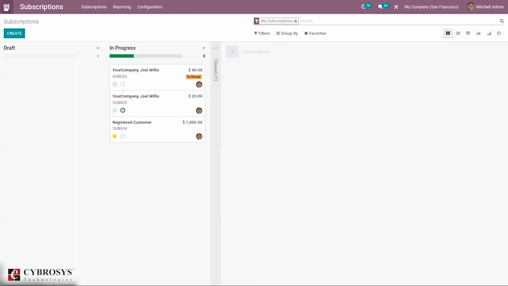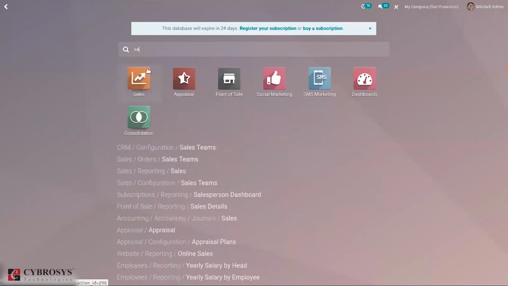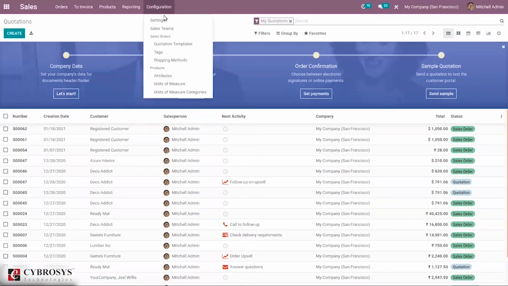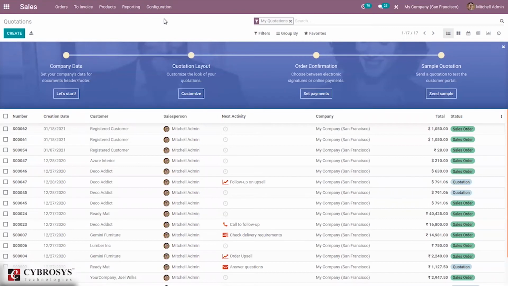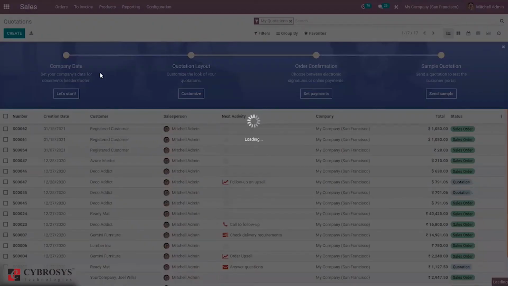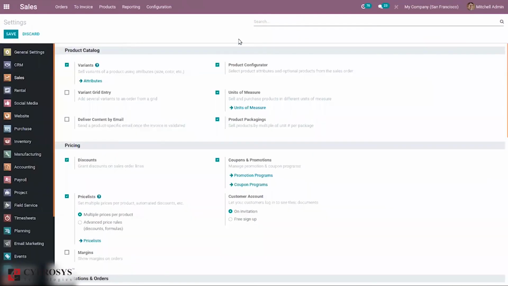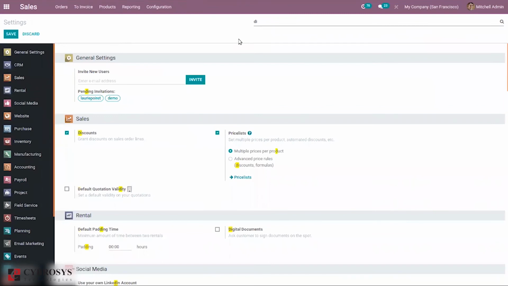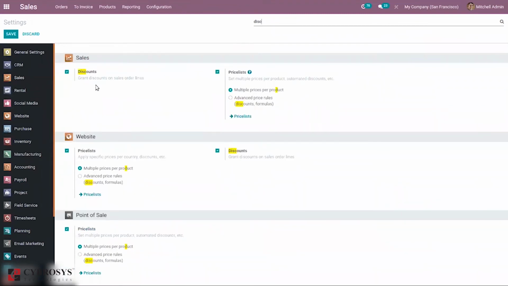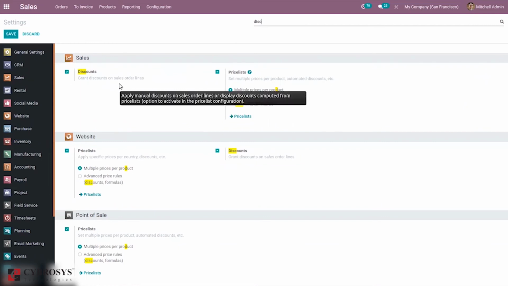So first of all, you have to make sure that like here we have our sales module. Just enable the discount option in configuration settings. Okay, it's already enabled, the grant discounts on sale order lines.